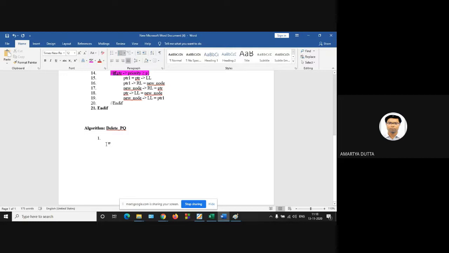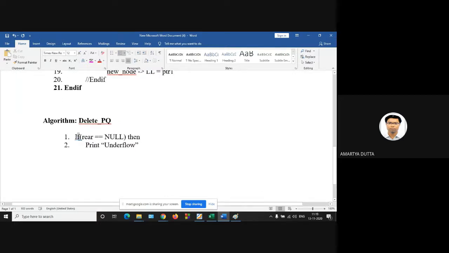So first, if your rear is equal to null, then we print underflow.